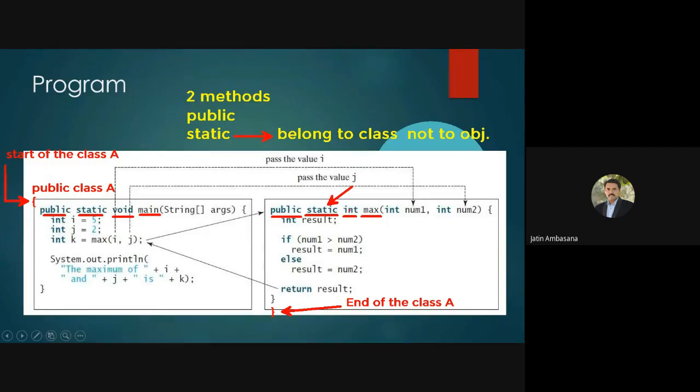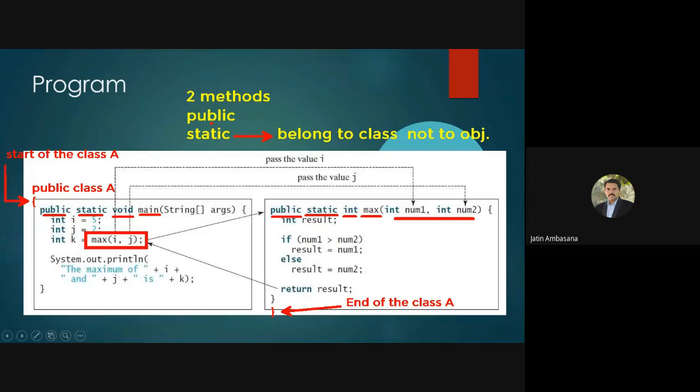So that's why, in order to not make an object of this class A, what we have done is we have made this max a static method. So you can see we can directly call this method over here without creating the object of this class A. That's why we have made this method max static. We want to directly call it without making any object of class A. Understand? And it returns an integer and it takes two parameters as integer numbers. So that is what is specific to this method.